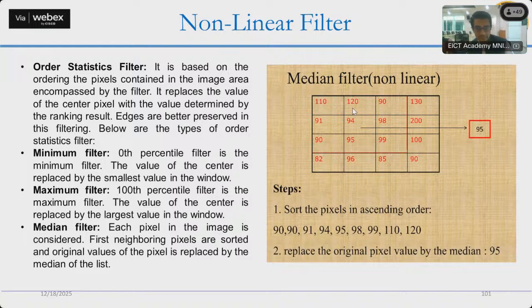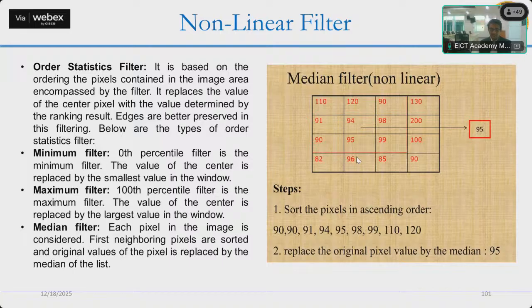So we will take up the example here. For example, this is an image of 4 by 4 pixels, and when you do that median filter operation, what will be the answer? The answer will be 95. How is it coming 95? Because when you multiply 1, 1, 1, 1, keeping it in the center here. What you have to do in the median filter, as the name suggests, is put the values in an increasing order. Once you have put them in an increasing order, there you will find the 9 elements.